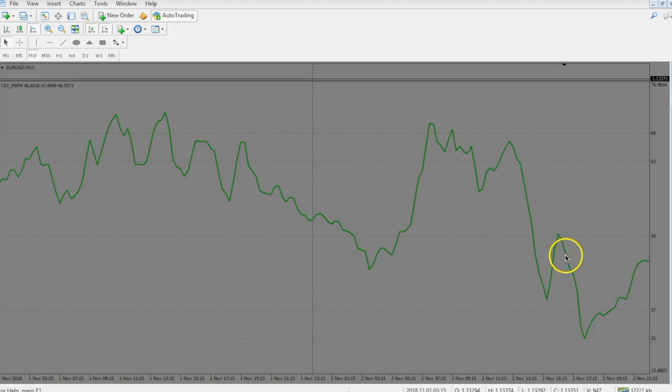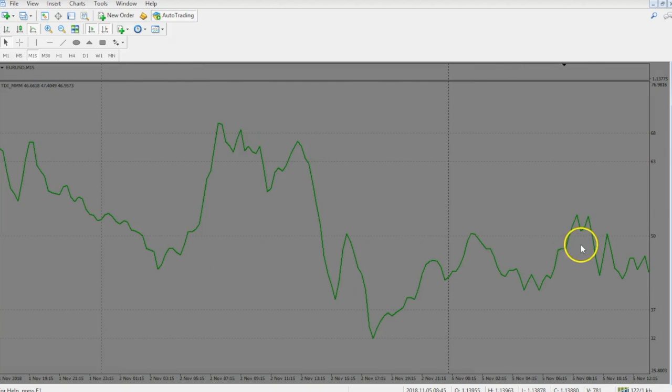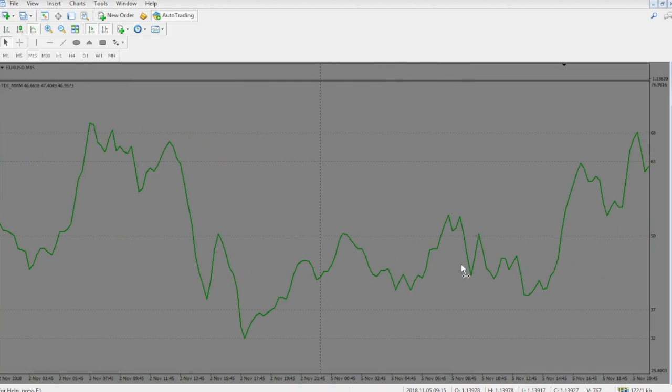So what you want to do here is practice watching what happens below the 50 and above the 50. Good moments to enter into a trade will be at the moment it crosses the 50. So this right here is a good moment to sell. And I want you just to go through the charts on this template. It's just called the RSI template. And I want you to mark entering and buying. Okay, so whenever it crosses the 50